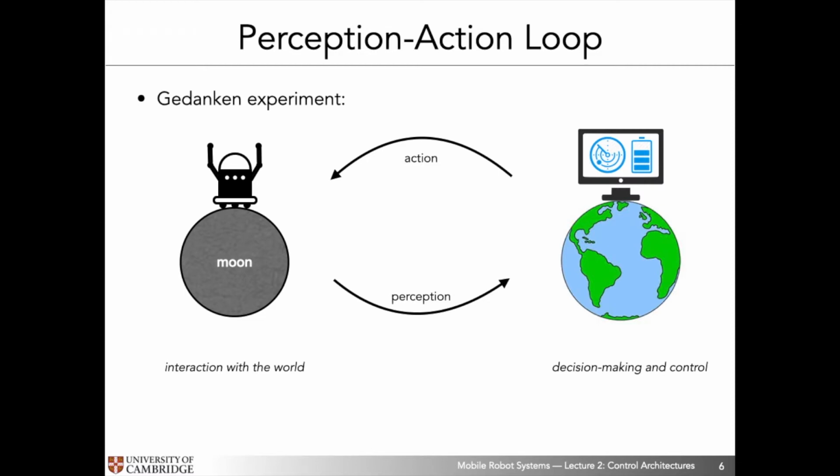And because the robot does not have enough computational resources, so it's very resource constrained up there on the moon, it sends information back to Earth for processing. And it assumes that it relies on a control station on Earth that then processes this information and sends back to the robot what decision or action it must take, okay? So, for example, the control station on Earth would process information and tell it, okay, based on what you're sending us, you need to now turn left because that's where something interesting lies and that's where you should then go